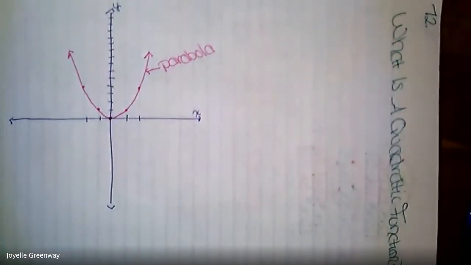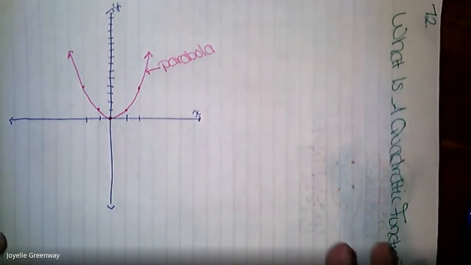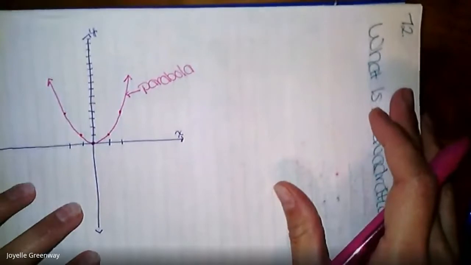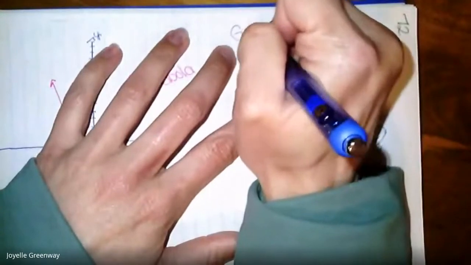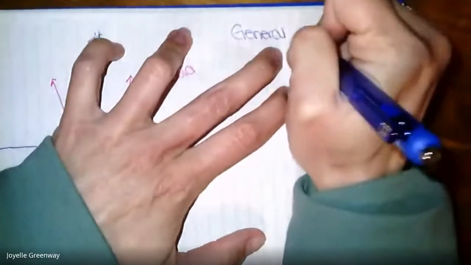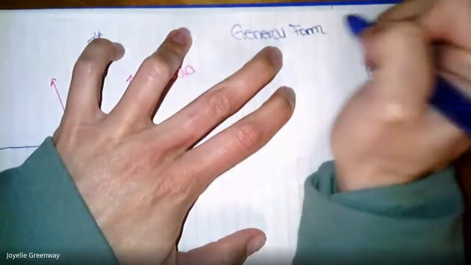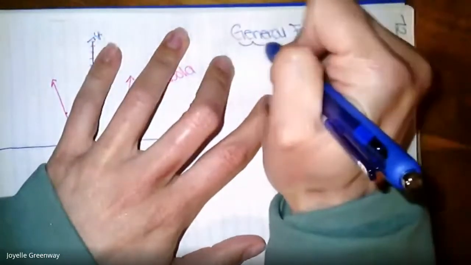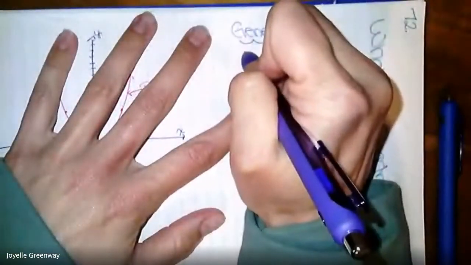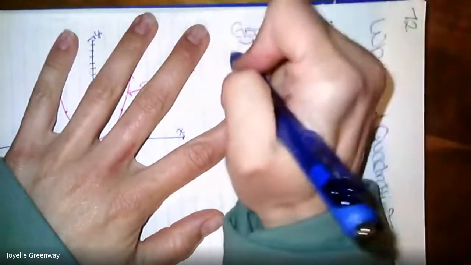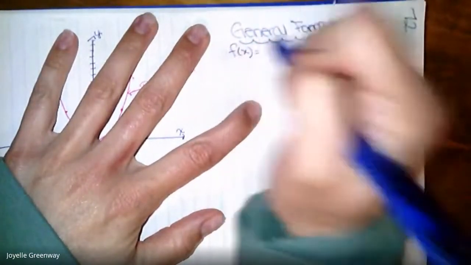Okay. So that is called a parabola. So the basic general form for a quadratic function is, you can have f of x or you can have y. So either one, f of x or y equals